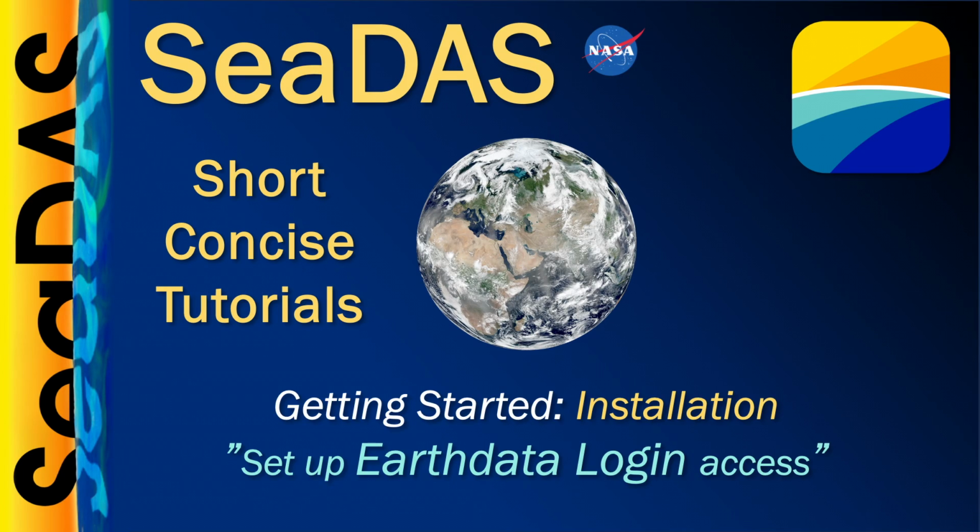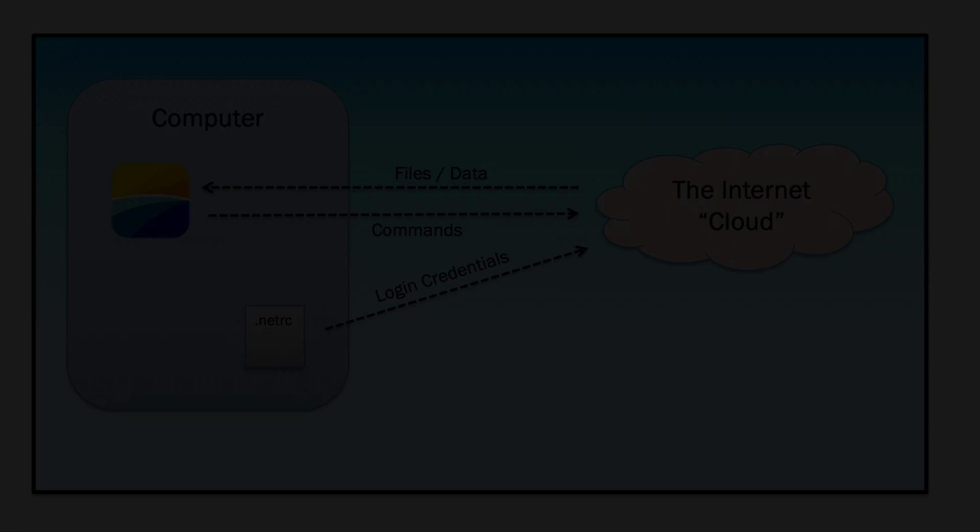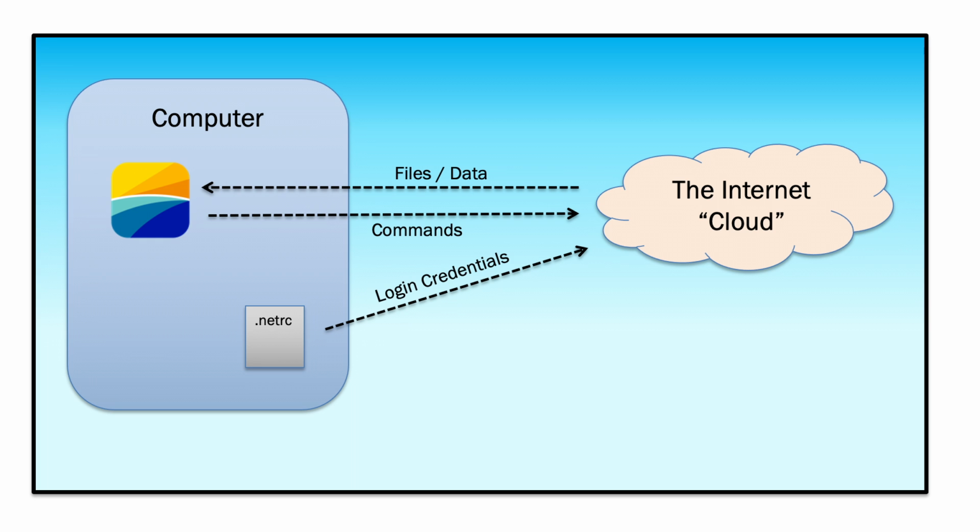Let's set up your login authentication file, .netrc, to enable SeaDAS to pull files directly from the NASA Earthdata website. This is needed for running some of the SeaDAS science processors and for using the SeaDAS Earthdata Cloud tools. I'm on a Mac. Linux and Windows will be similar, though with Windows you'll be doing this within a Docker